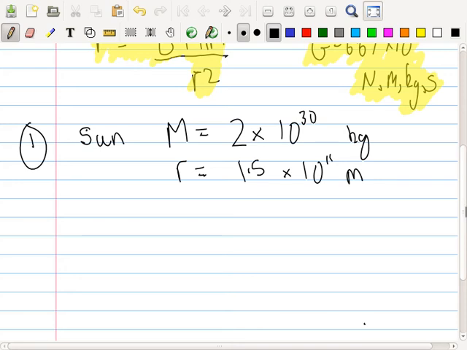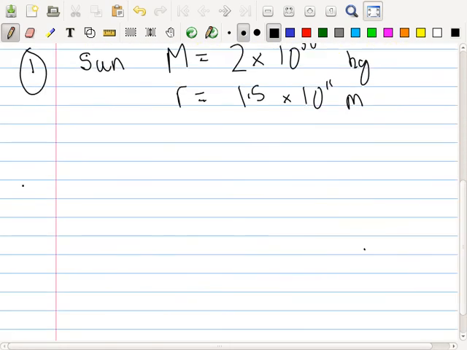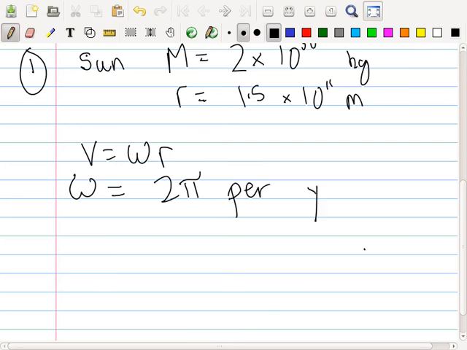So what's the formula for v? v equals omega r. Now we want to find the omega. It's one orbit, so 2 pi per year. You know, the Earth takes 1 year to orbit the Sun. So that equals 2 pi per